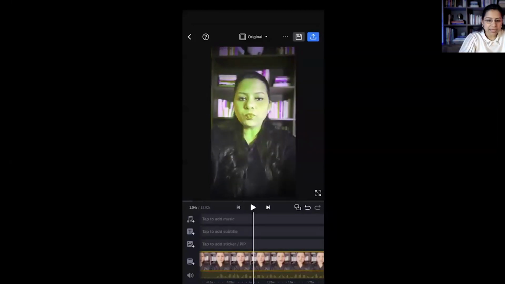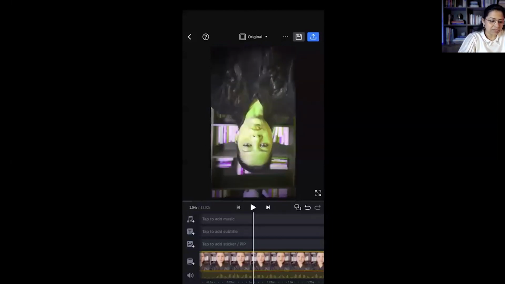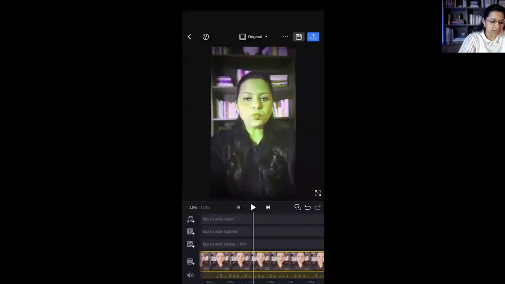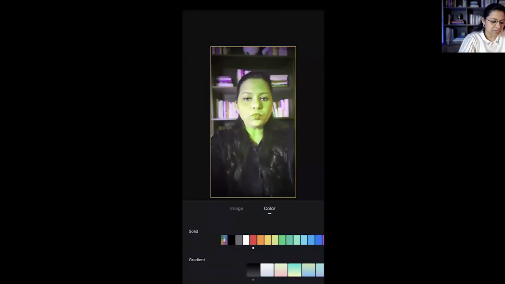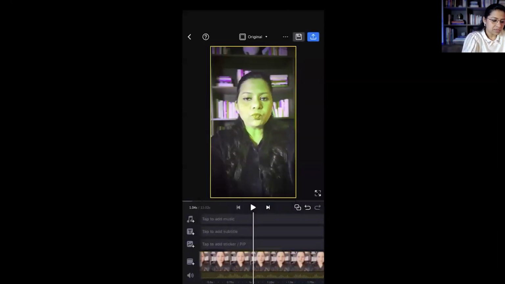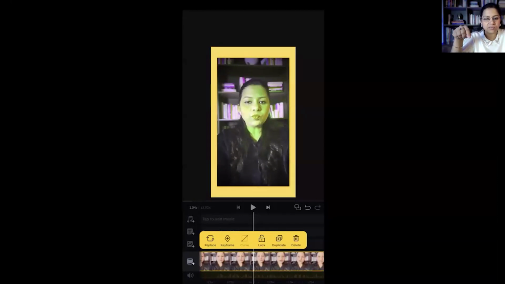If I do this, it's coming like this. If I do the mirror option, I'm rotating. You can even do the flip. So this is a vertical flip and a horizontal flip, whatever you can do here. If you want to add some background to the video, you can reduce the size and maybe have some color. Suppose, for example, I want to give a yellow color to the background. So I've just given a yellow background to my video and reduced the size of my video. It looks like I have a yellow cover background, and then my video will be played on that.